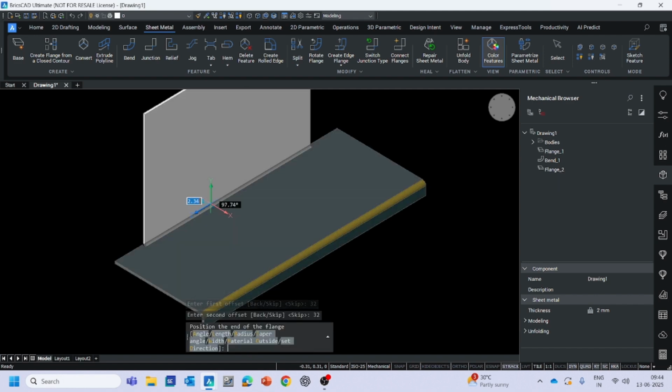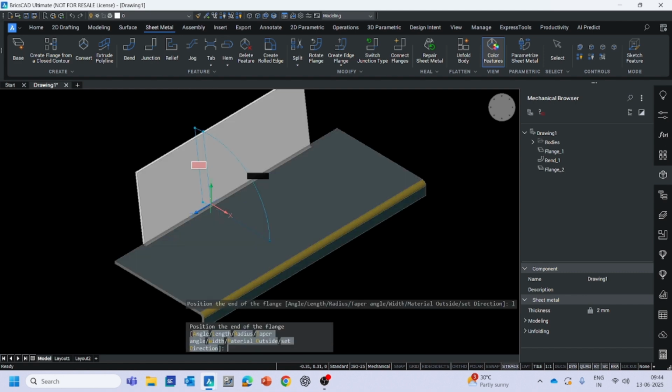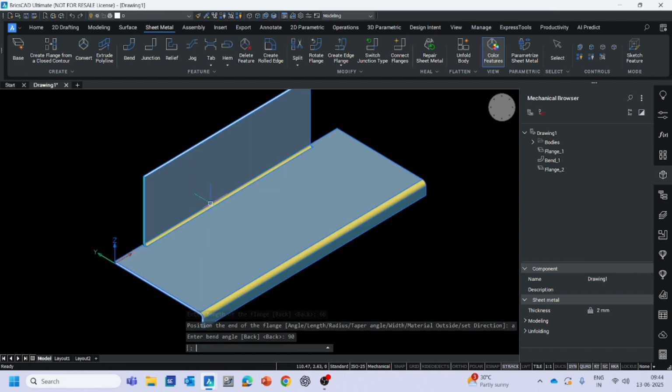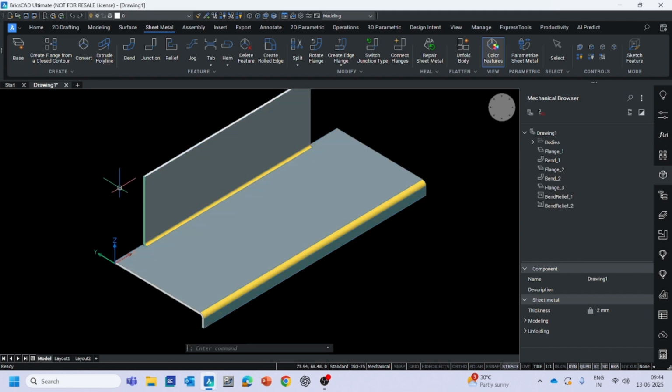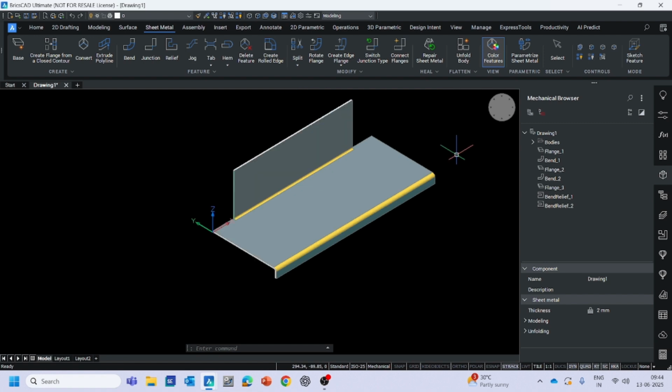You can see that we have created a partial flange instead of a full flange, and we can also give its overall length, which I will mention as around 66, and let the angle be the same, perpendicular to the base flange. You can see that we have created two corner flanges, and you can observe that in the mechanical browser